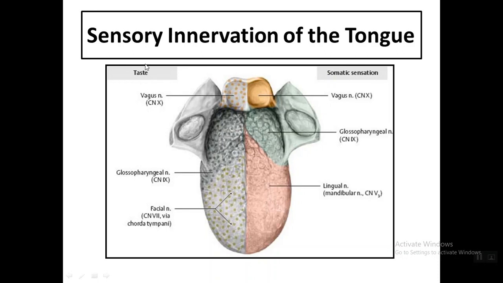Taste يعني تذوق الأطعمة، والsomatic sensation general sensation يعني for the pain, temperature and touch يعني إحساس بالألم والحرارة واللمس. هنا عندنا somatic sensation أو general sensation anterior two-thirds through the lingual nerve اللي هو branch of the mandibular nerve، والposterior one third قلنا through glossopharyngeal nerve. التيست عندنا posterior one third through glossopharyngeal nerve، وقلنا anterior two-thirds through chorda tympani اللي هو branch of facial